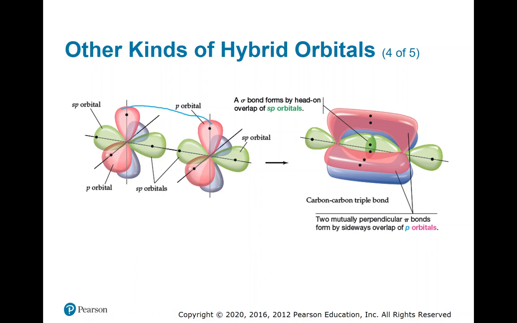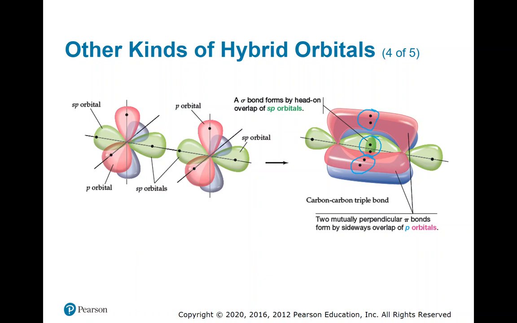So once with these p orbitals here that are along the same axis, and then a second time with these p orbitals right here that are again on the same axis as each other, but a different axis to the other p orbital. And so what we get is a situation where we have one direct overlap right here, and then 2 indirect overlaps, one here and one here. So a triple bond consists of a sigma bond from that one direct overlap, and then 2